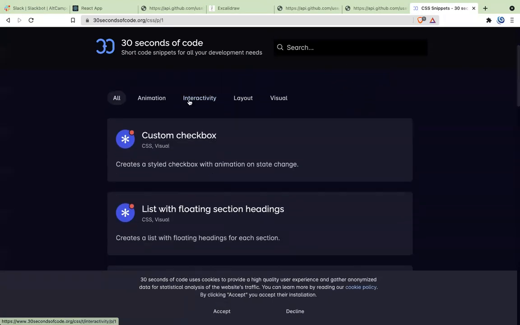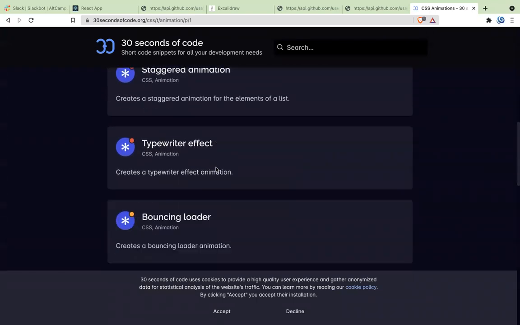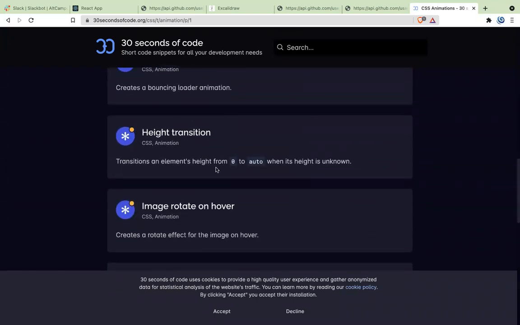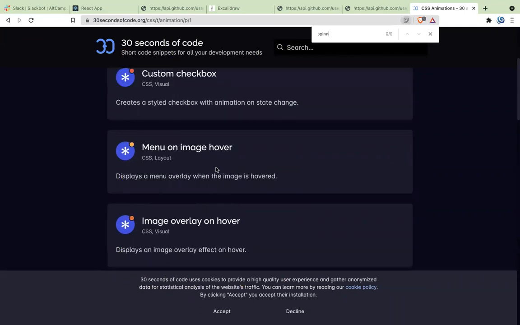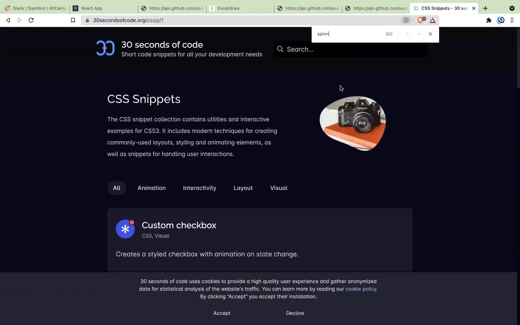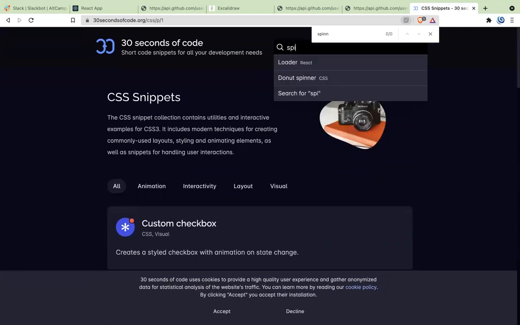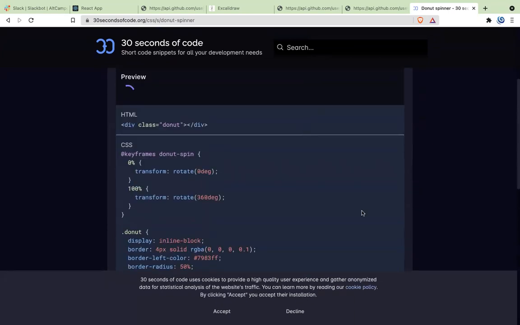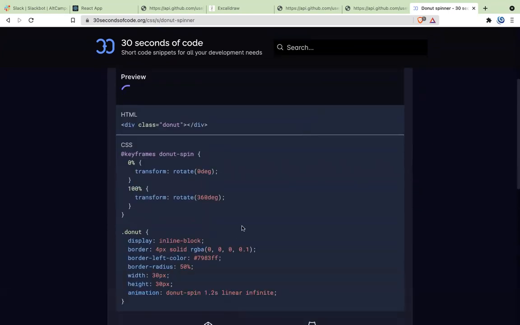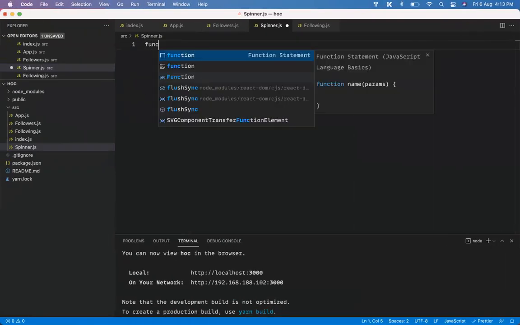They have animation. So this is the spinner that I'll use, and let's just create a component.